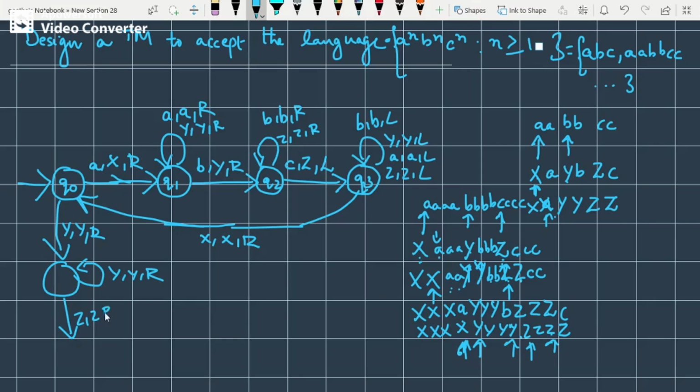Take ZZR, ZZR, and you might get many Z's. After that you will land at the blank. If there are no C's, you will land at where? Blank. Landing on blank means there are equal numbers of A's, B's and C's, and